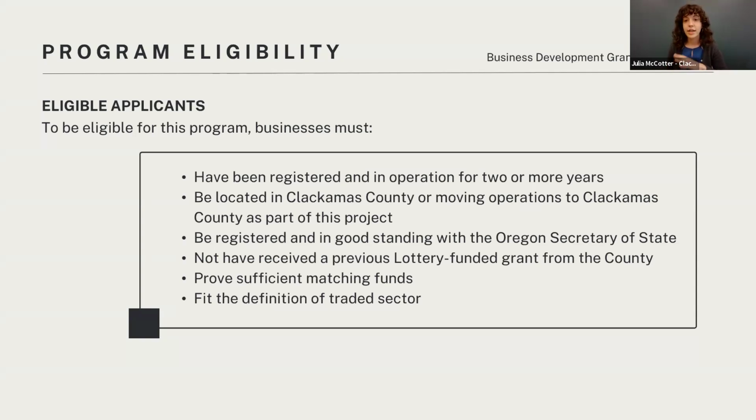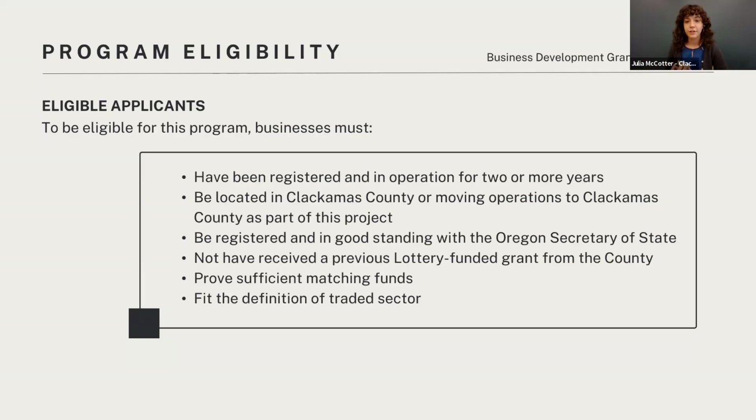You must have, as I mentioned, an active registration status with the Oregon Secretary of State. It's really important that you check this before you submit your application. If you aren't sure whether your entity is registered and active with the Oregon Secretary of State, go to their website, go to the business lookup, look up the name of your business or put in your Secretary of State ID number, and make sure your entity status is listed as active. You will not be able to receive funding through this program if your entity status is not listed as active there.